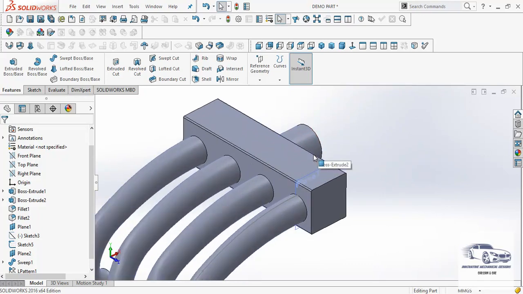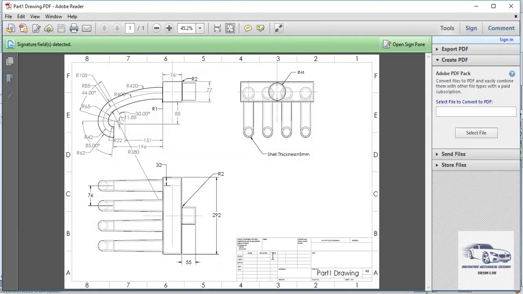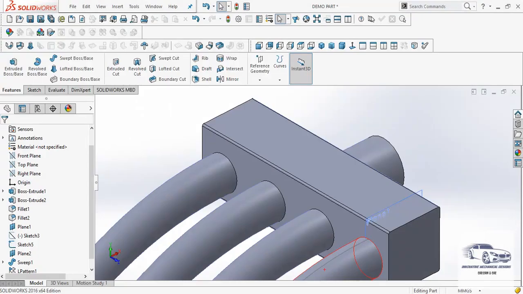Now finally we have to create the fillets between the face of the rectangular block and these particular contours. From the drawing, the radius of the fillet to be used here is 1 mm.